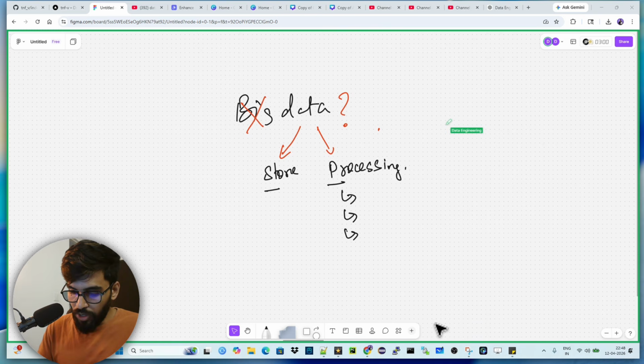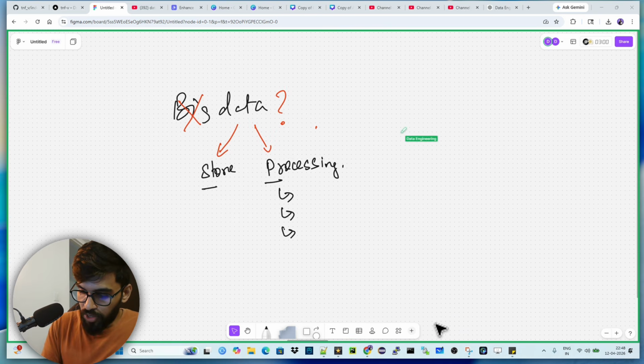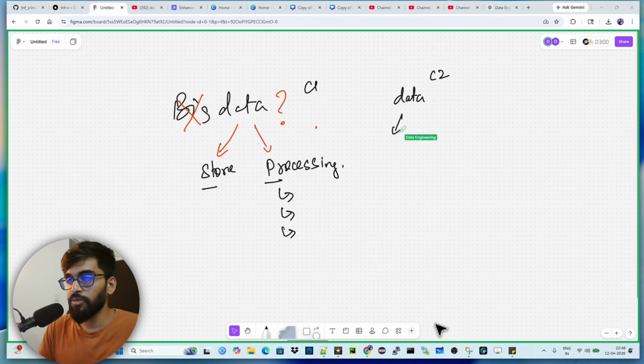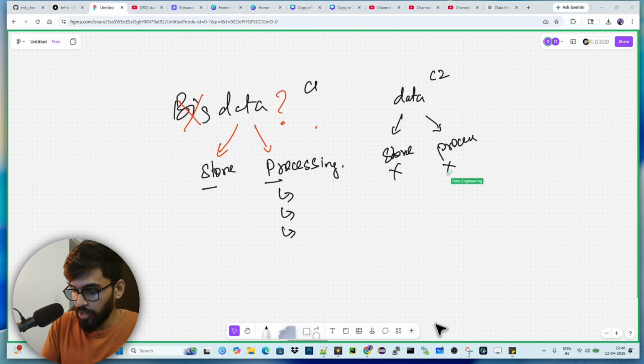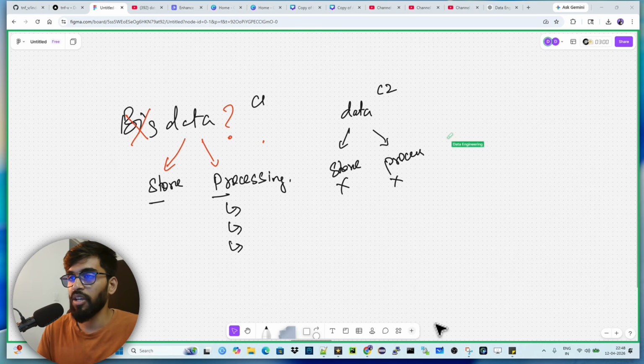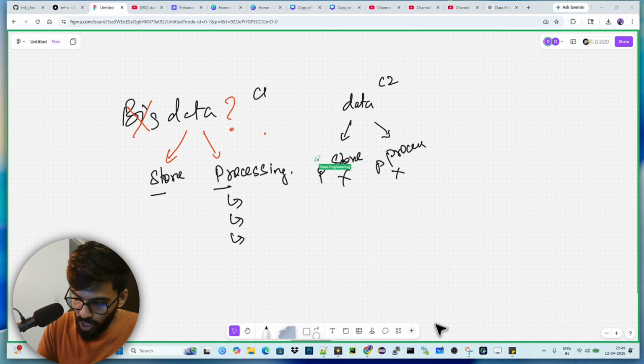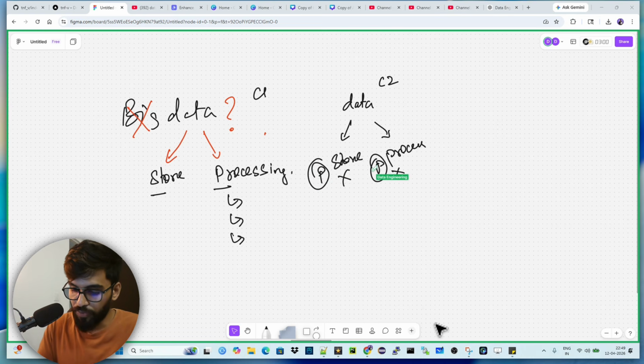Now imagine there is another case, case 2. We call the earlier one case 1 and this one case 2. I'm giving information to you, but imagine my name is so big that you couldn't store it. So you couldn't process it either, because there is nothing to process, no data stored. Why couldn't you store my data? Because the name is very big and your brain doesn't have the capacity to store it. So you are getting a problem with both storage and processing. P for problem.